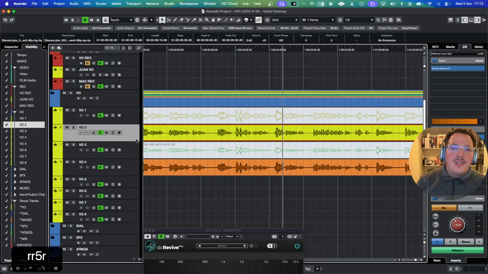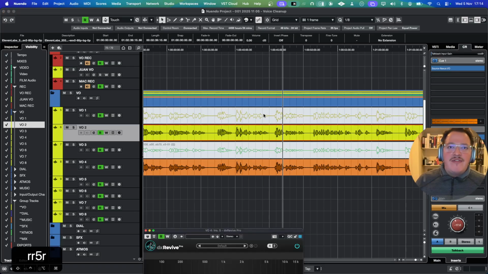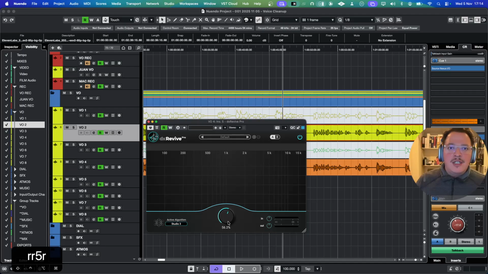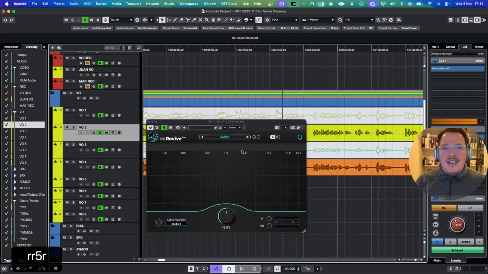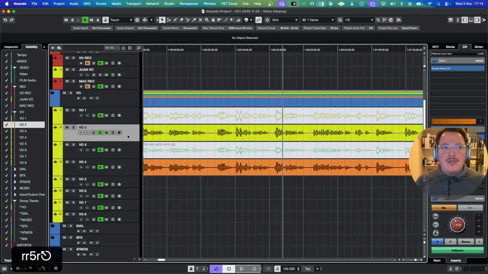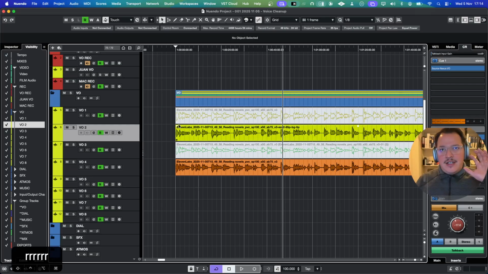Now, what we have here, I think what I would use is a DEX Revive, but pulled back a little bit more. Also, the thing that DEX Revive has, as opposed to the Adobe Enhanced track, is that it is a lot more roomy, so it still has this natural sounding element to the voice, while Adobe Enhanced just sounds very, we're going to completely generate from scratch this voice.